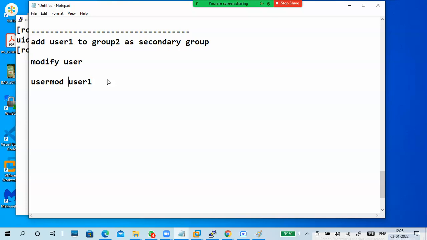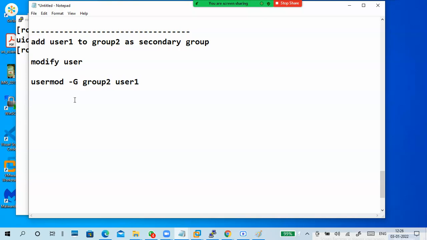Supplementary group means secondary group: -G group2. So this is the command to add user1 to group2. Can I do this, or is there any problem?